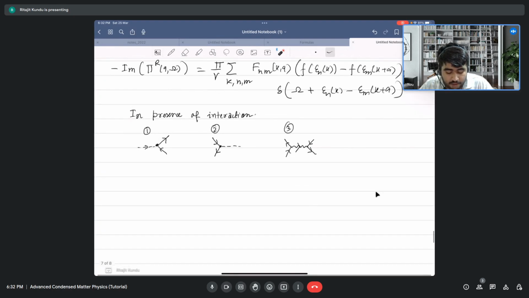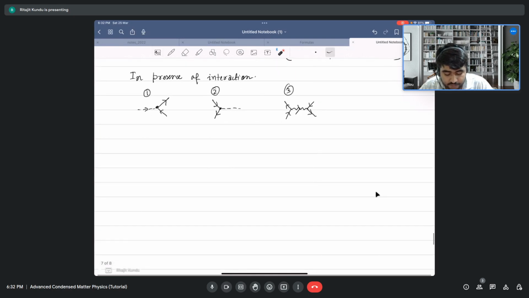So now the task at hand is to make a permutation and combination of all of these vertices and come up with different combinations of diagrams that start with this vertex and end with this vertex, and in between you can put anything that you want. We have to obey this: we can only put this kind of things. Okay, so